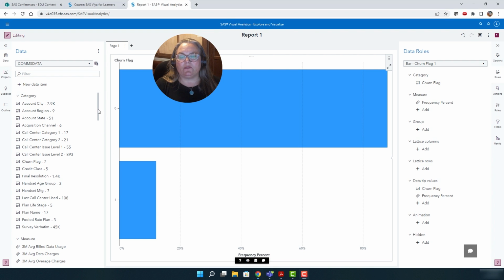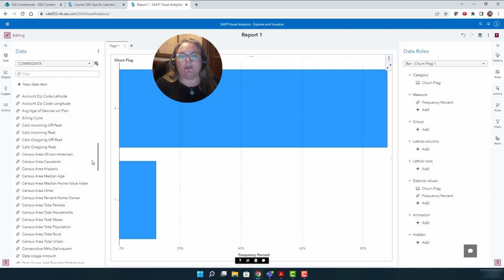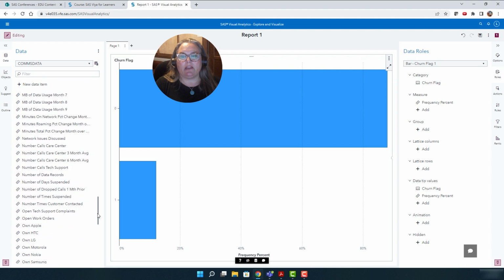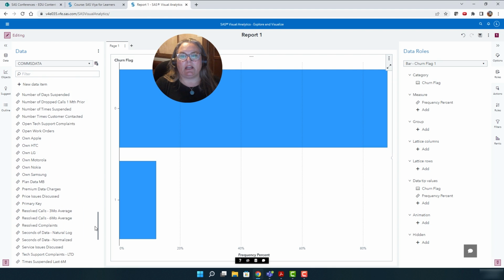If we continue to look at the data, you will see there are a handful of data items similar to the churn in that they are a 0, 1. So, do you own an Apple phone or Apple device, HTC, LG, and so forth.